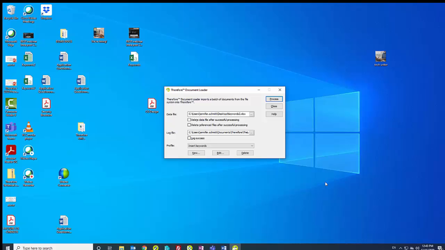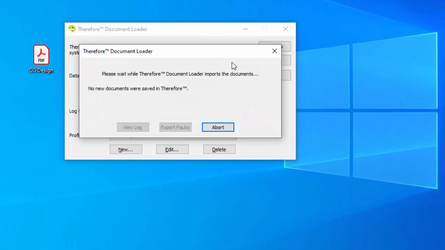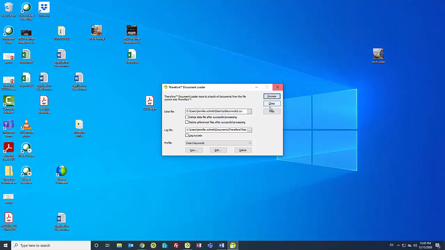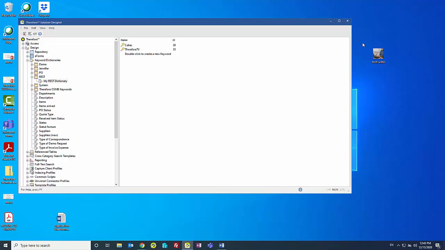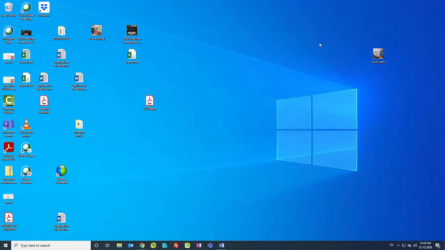So this is a keywords too. So this fits our profile. And let's process it. Close. All right, and now we should be able to close and